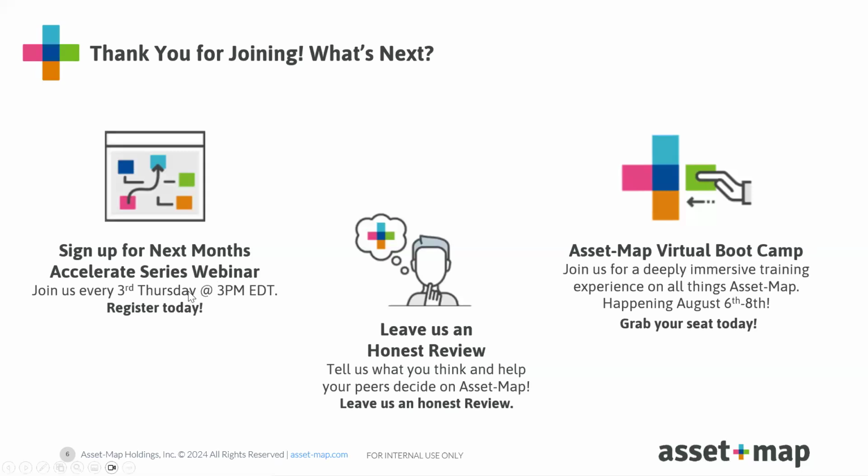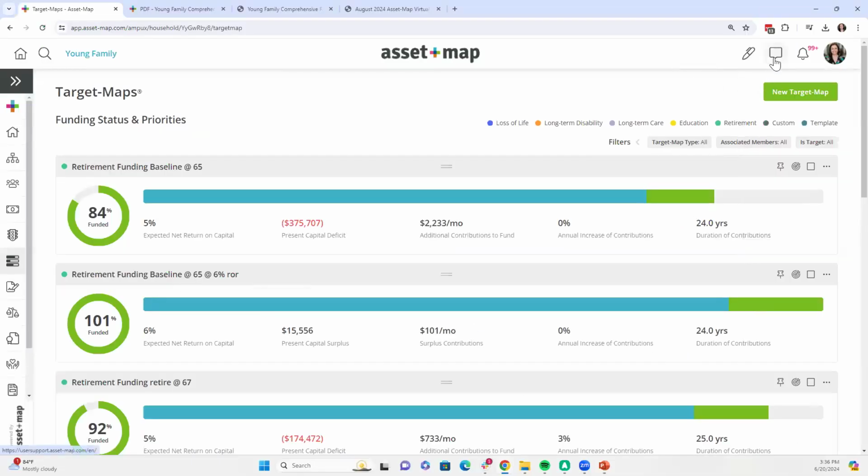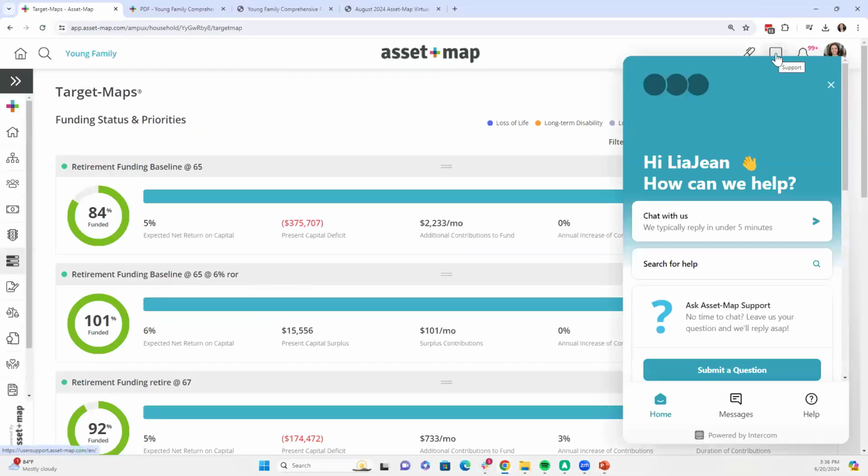If you wanted to find any of the ones that we did in the past, sorry, I was trying to open this to show the group. If you come back in app, all you got to do is click the chat bubble right here. That's the easiest way to open up our support options. You can live chat questions to our team, email our team, but also we have the knowledge base, which is